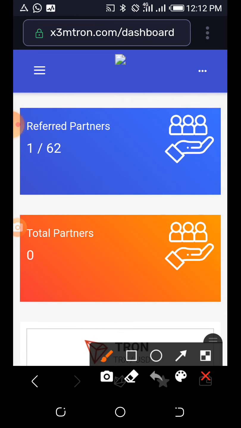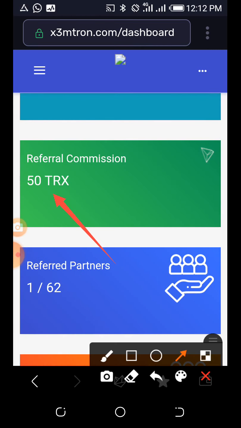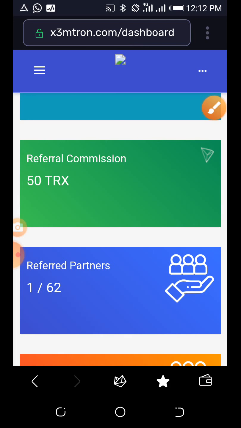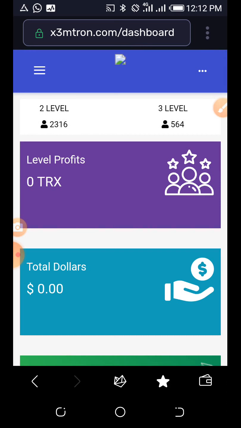So presently on my own network, as clear here, I already registered 1 person, and that 1 person has given me a commission which is 50 TRX. So if I register another person, it's going to become 100, and I will move to level 2. So the network is very simple.